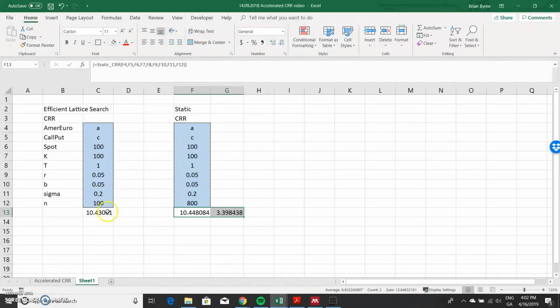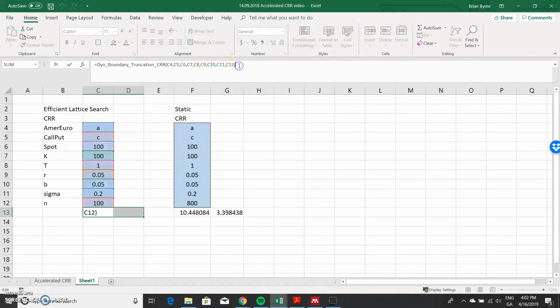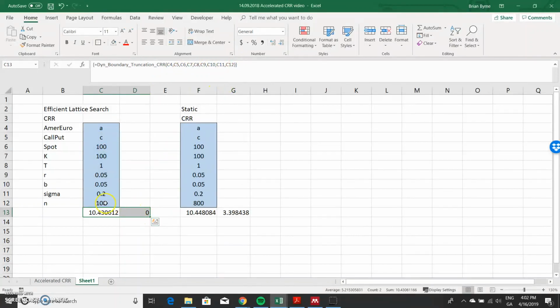Whereas if I use the efficient lattice search, again extending the array output, it takes virtually no time at all. If we go up to 800, it's much less. If we go to, let's say, 5000, the time taken is less than half a second. If I go to 10,000, the time taken is more than double, 2.36 seconds, and at 15,000 steps we probably are going to exceed the 3 seconds. We get 6 seconds. Now this computer is a little bit different to the one that I used on the other